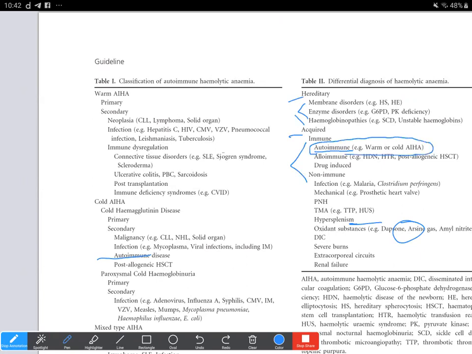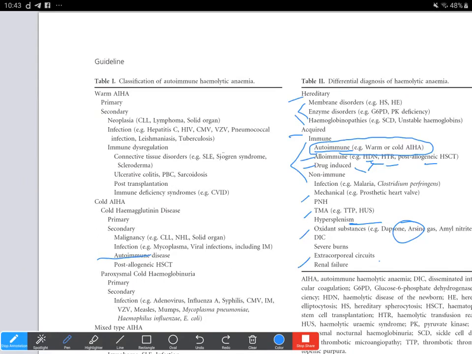And the alloimmune and drug-induced causes need to be ruled out in history, when we take history of transfusion and transplant, and of any ABO mismatch as in HDN and HDFN. For drug-induced, we need to take a history of any drugs that they have been taking. Then non-immune causes would include all the mechanical, chemical, and physical causes, even of thrombotic sort, thrombosis in the blood vessels, and extracorporeal circuits, which can cause obstruction in the flow of blood and therefore lead to hemolysis of the blood within the capillaries.